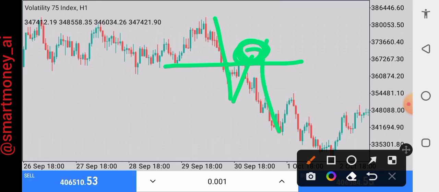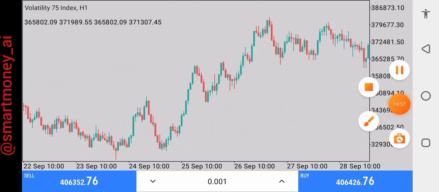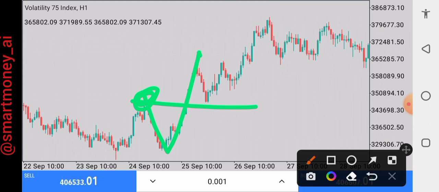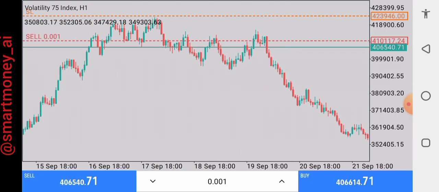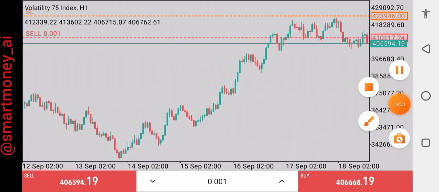So here too, it did the same thing, right? So you mark this guy, it broke, came back here, and then boom. So if we go back and retest, you see that this strategy works more than 80% of the time. This is a resistance, price broke it, came back, and then boom. You see that? So if you decide to use this strategy, you only have to wait. You remember this, in trading, everything is about patience, right? You need to master the art of